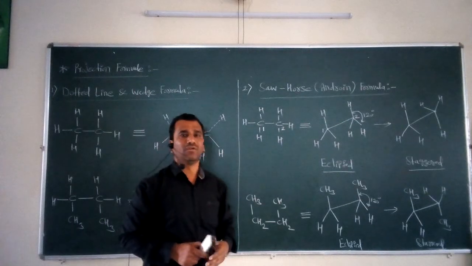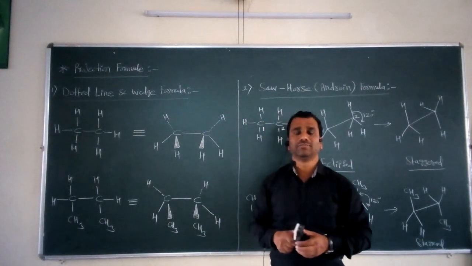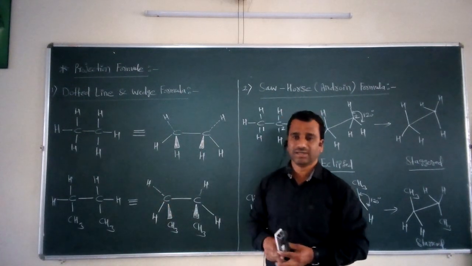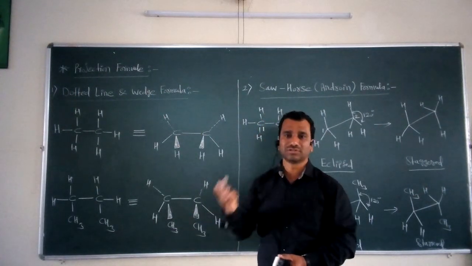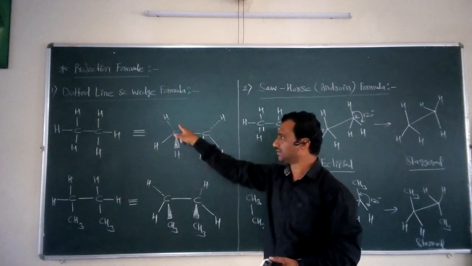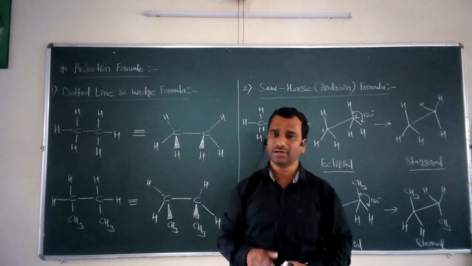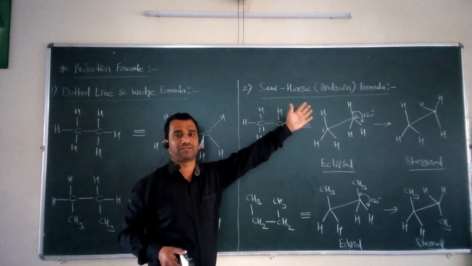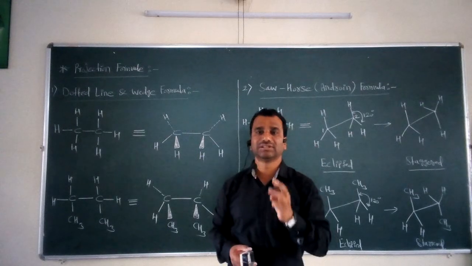So in the current lecture, we started one important topic from the chapter, called the projection formula, in order to draw the molecule in a three-dimensional view. For this purpose, we completed two important methods. The first method is called the dotted line and wedge formula. For representing the molecule, we use three different types of lines. One is a regular line, second is a wedge line, and third is a dotted line. Each line represents different information regarding the structure of the molecule. The second method we just completed is the Sawhorse or Andrein formula. So these are the two important methods for drawing an organic molecule in a three-dimensional view.